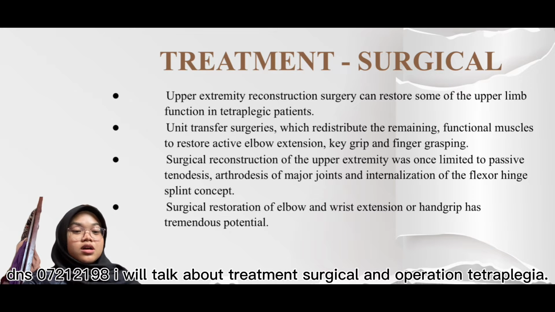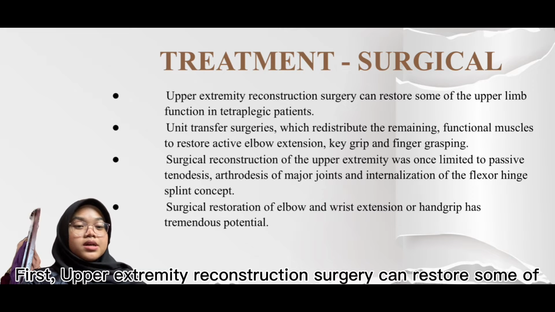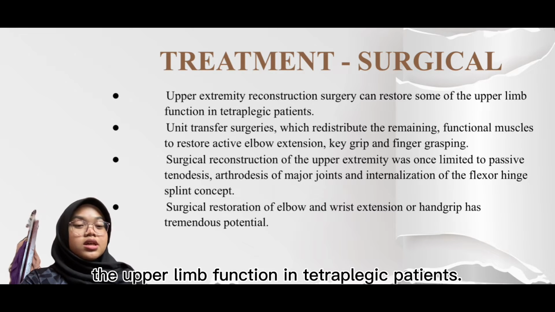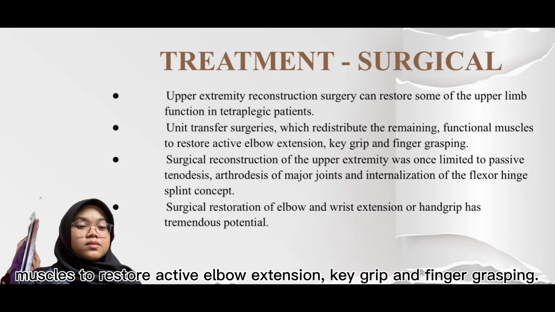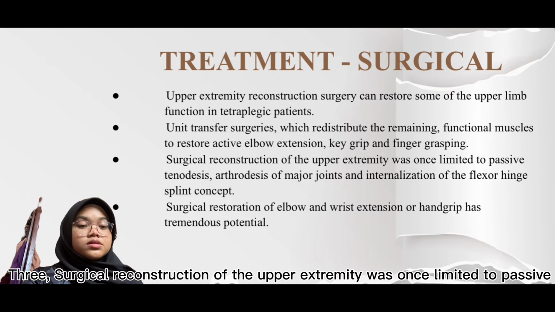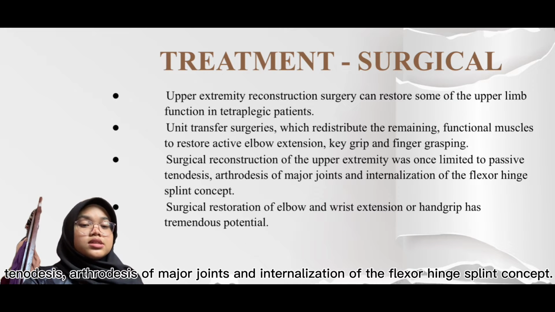I will talk about treatment, surgical and operation of tetraplegia. First, upper extremity reconstruction surgery can restore some of the upper limb function in tetraplegia patients. Second, tendon transfer surgery, which releases and transfers the remaining functional muscle to restore active elbow extension, key grip and finger grasping. Third, surgical reconstruction of the upper extremity was once limited to passive tenodesis, arthrodesis of major joints and